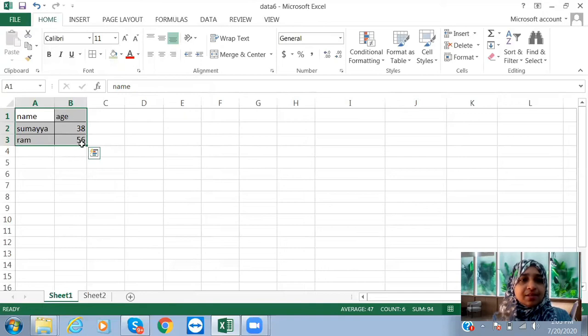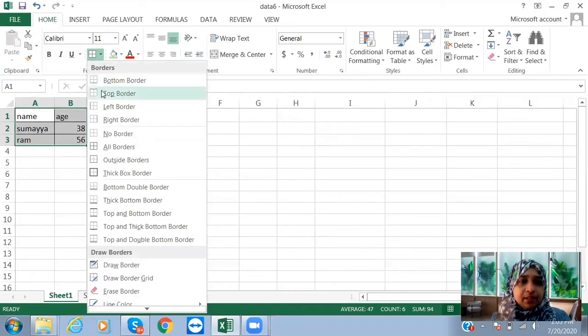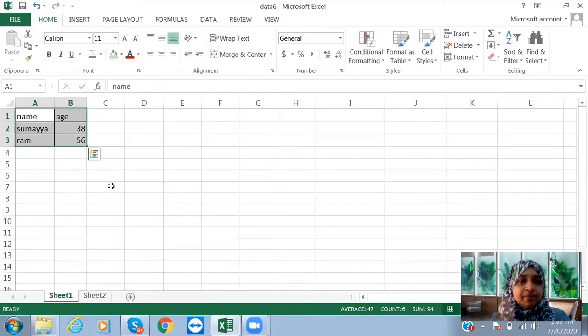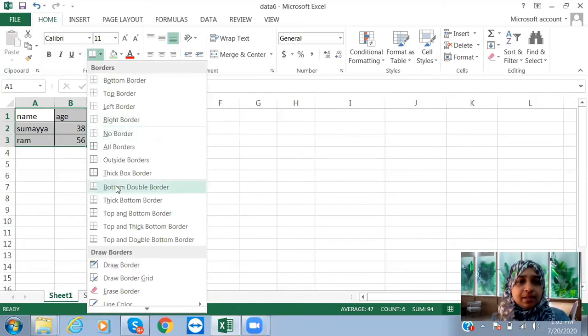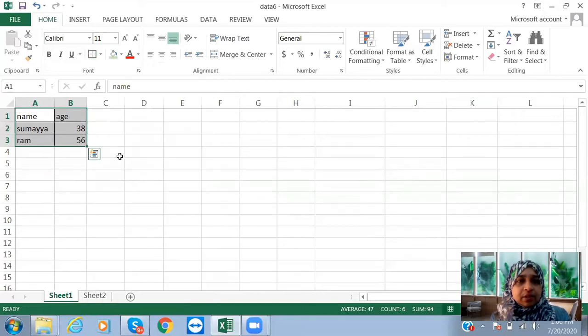Now you can see this got border, right? Select the cell, and if you want to change it, if you want to give a thick border, you can see the thick bottom border, bottom double border. See, now you can see it got changed. Bottom you can see double border, right? Select again, come back, see. Even you can draw the border also. You can check here, different options are there. You can check anything. Okay, you can use anything.